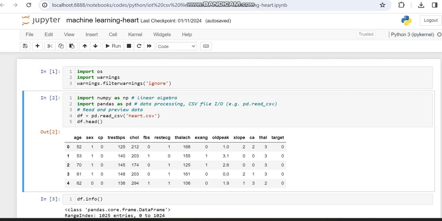Hello all, today in this video I'm going to show a demo video for another machine learning algorithm with the heart disease data set, and also we are going to make an XAI representation in this code. Already with the same data set we have done with different algorithms like random forest, support vector machine, decision tree, naive bayes, etc. In this work we are going to work with logistic regression, and previously we have concluded